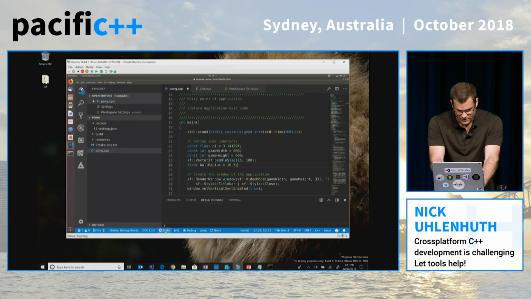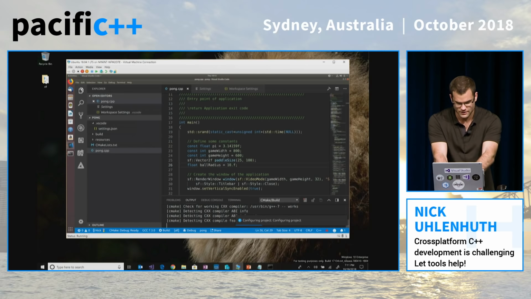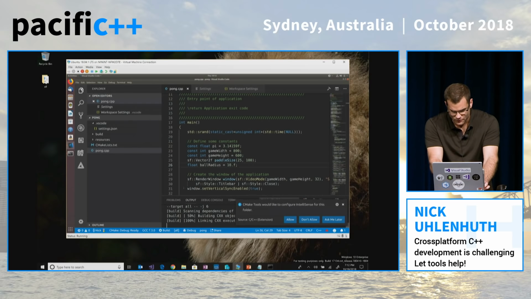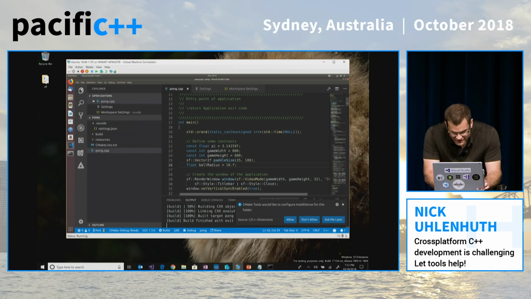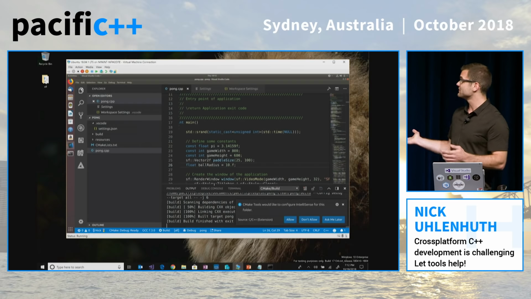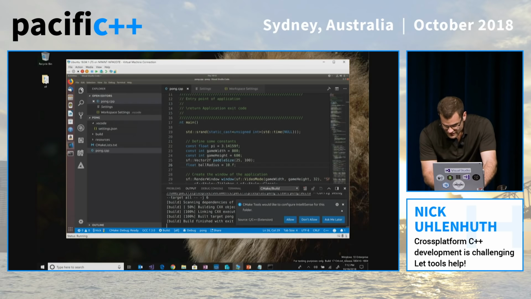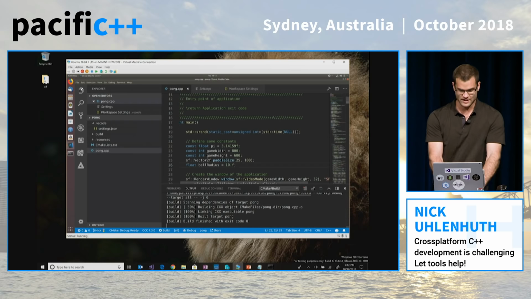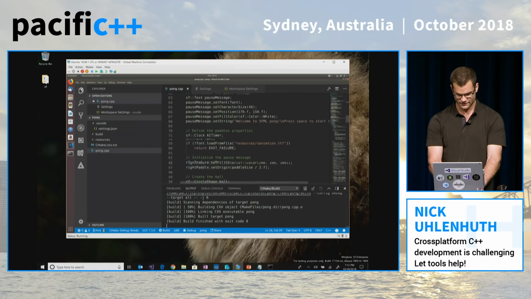So down at the bottom, there's a build button, which was generated by that CMake Tools extension, like all the stuff down here. And we're building. Let me see if I can make that bigger. Yeah. All right, so it built successfully. That's awesome. Let's see, close out of this. But let's say I want to do some debugging. So if I scroll down